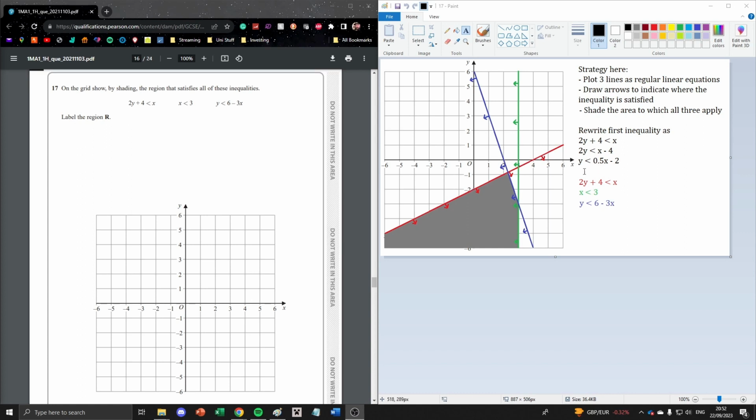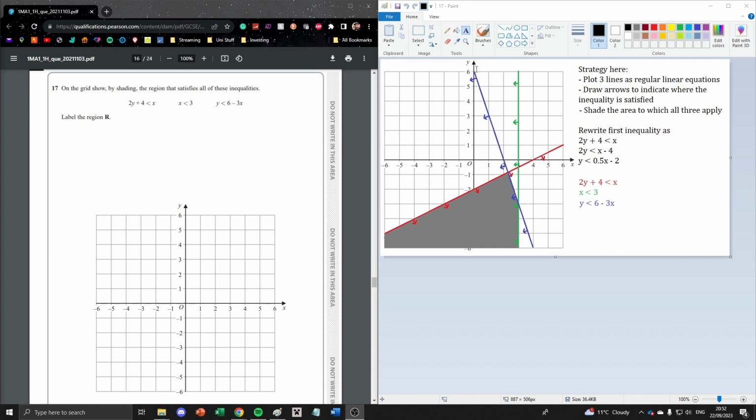And then remember we've got this y is less than property. So we're looking at everything below this line, and the red arrows indicate this. Then we've got x is smaller than 3, and so again we're going to do x equals 3, which is this vertical line here. We want x to always be smaller than 3, so we're pointing left, as these green arrows show. Finally we've got y is smaller than 6 minus 3x, so we're going to plot again a